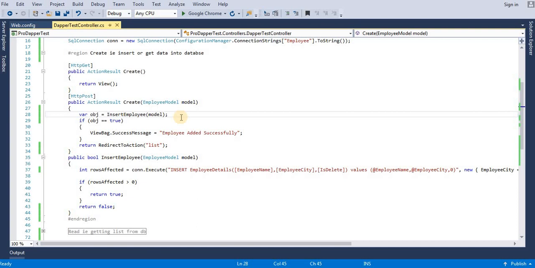Query is the extension method in Dapper framework, enables us to retrieve data from database and populate that data in your project model. And another extension method is execute. This extension method of Dapper framework is used to insert, update and delete data into database. So we will use query and execute extension method while writing our method controller. See here I have written create method with execute extension method of Dapper class, and in that I have simply written insert query to our table, that is employee details table.